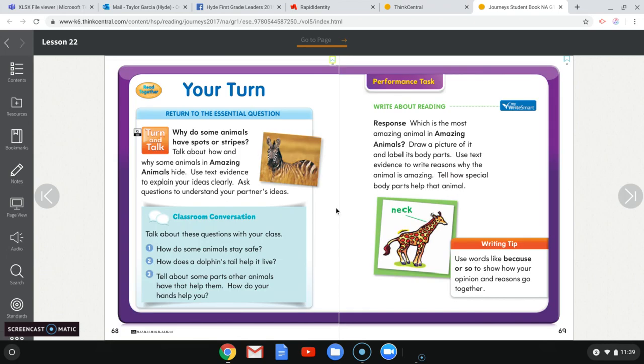And then if you keep going, there's just all these questions that sometimes we use in the classroom, sometimes we don't, just depends on how much time we have and if the questions are engaging for the students. So that is how you can access the book online. I know it's not the easiest way, but it will work for now. And then if you want to do anything additional with it,